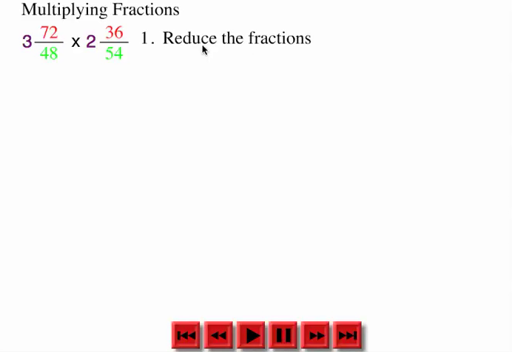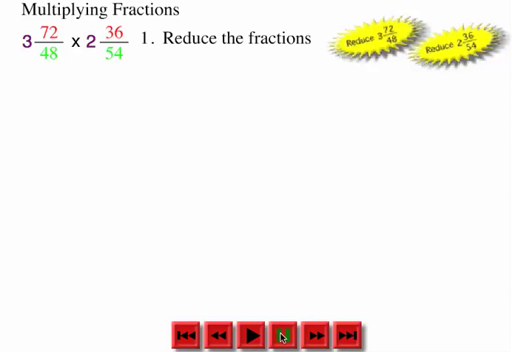Okay, we're multiplying fractions, and the number that we're multiplying is 3 and 72/48 times 2 and 36/54. So our first step is to reduce the fractions. So what I'm going to do is I'm just going to go over and show you what that looks like. So we're going to reduce the 3 and 72/48,